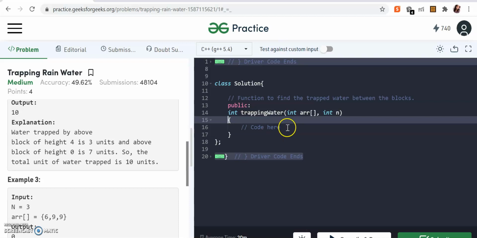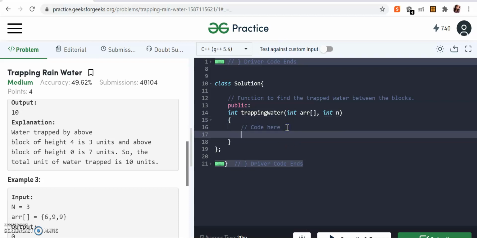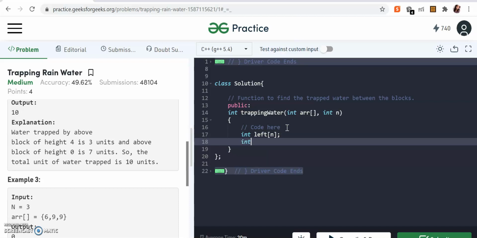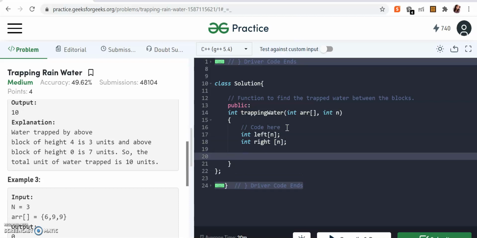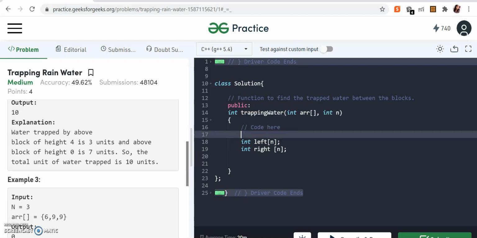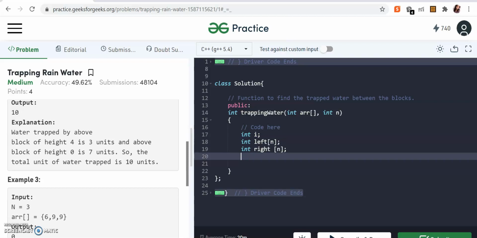For getting this maximum on the left and maximum on the right, we are going to use two auxiliary arrays, where the ith position of these arrays will be storing the left maximum and right maximum. So let's just define two arrays. Let's just say int left of n, it will be of the same size. Then let's just say int right, this will also be n, right? So now let's just populate it. Left, you will start populating from left to right, and right you will start populating from right to left. So let's also have an integer i that will be our iterator.